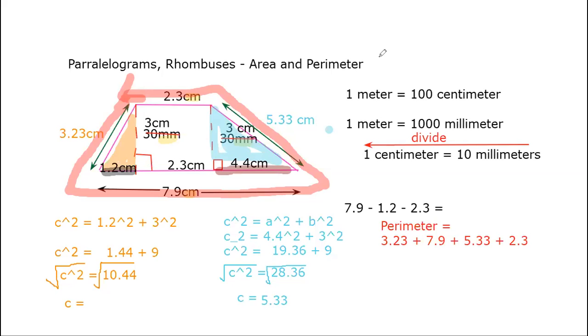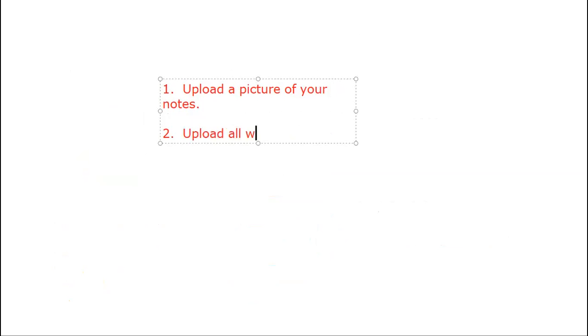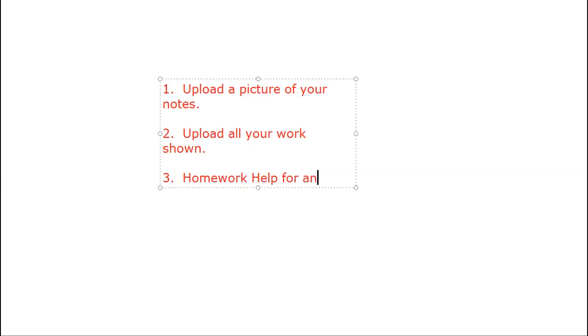You are ready to do this worksheet now. Remember, you're going to have to upload a picture of your handwritten notes. You're going to have to upload all your work shown, draw the pictures, label them, show the algebra that you did, show all your steps. You're going to use homework help for any struggle. They will make sure you get all the answers correct, and then you're going to put your multiple choice answers